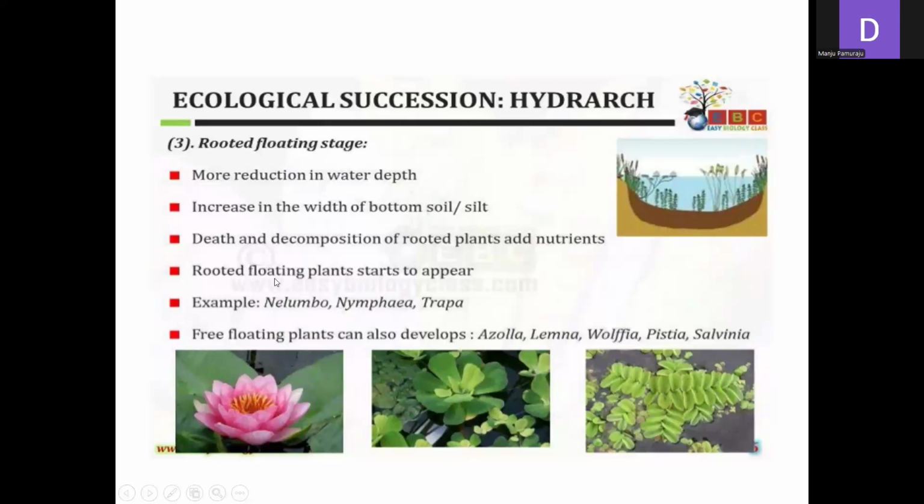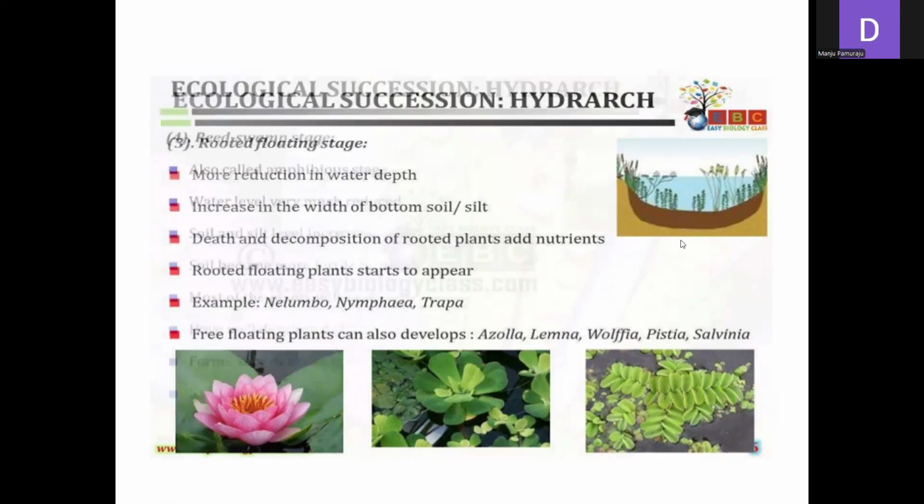Examples for these rooted floating plants are Nilambo, Nymphaea, and Trapa. Free floating plants can also develop, like Azolla, Lemna, Wolffia, Pistia, and Salvinia. So here in the rooted floating stage, the main examples are Nilambo, Nymphaea, and Trapa. In every stage, the formation of the soil is occurring and the depth of the water is